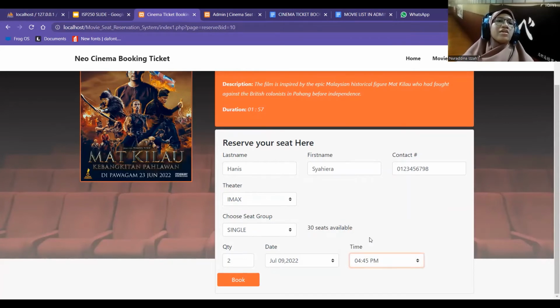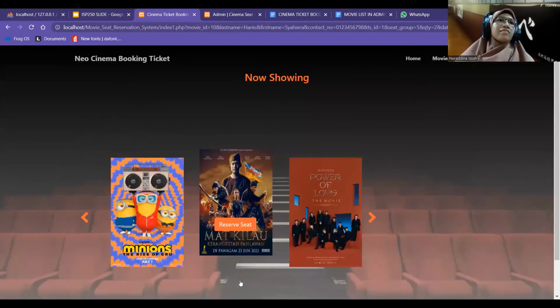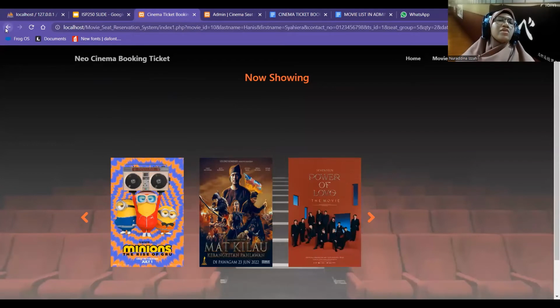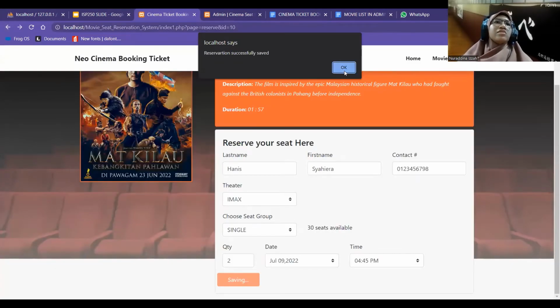By clicking the book button, it will come back to this and say reservation successfully saved. So after pressing the OK button,